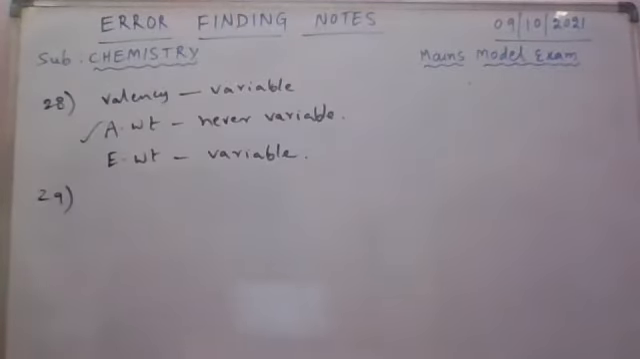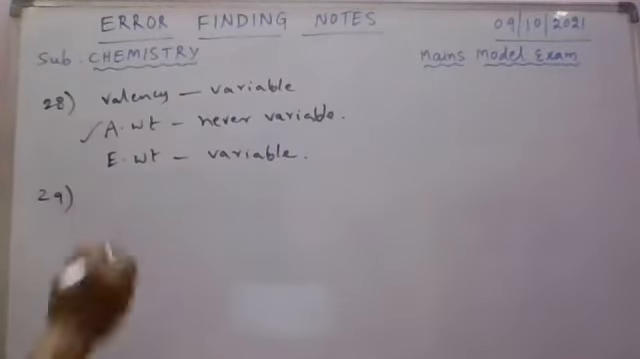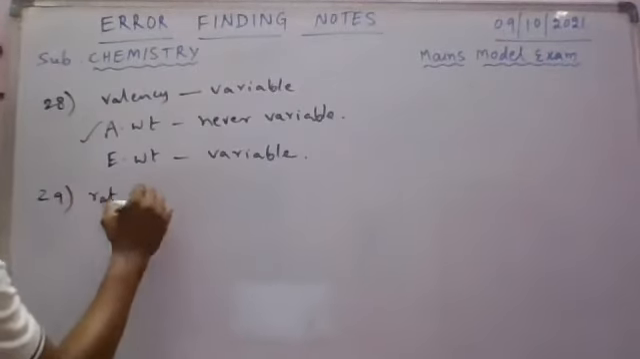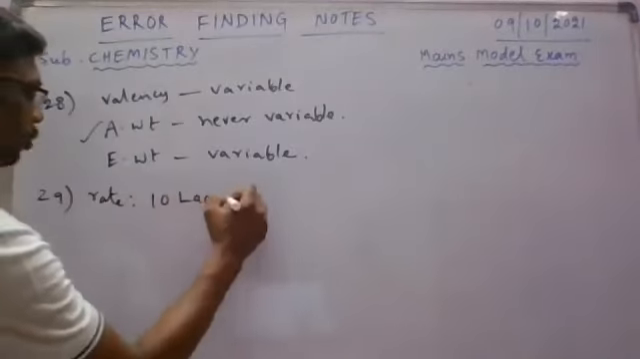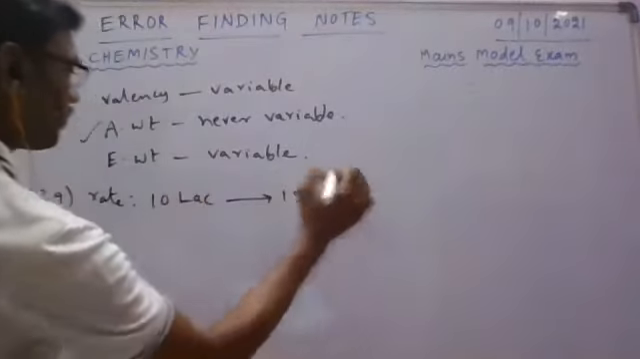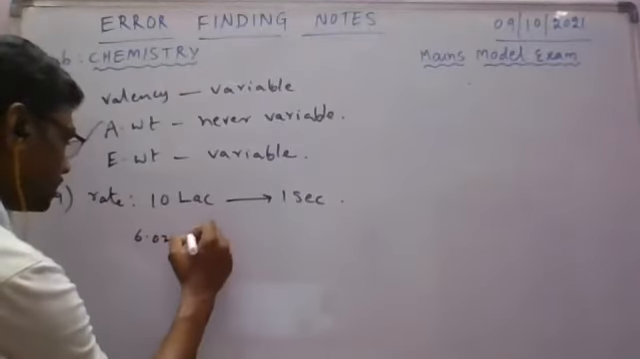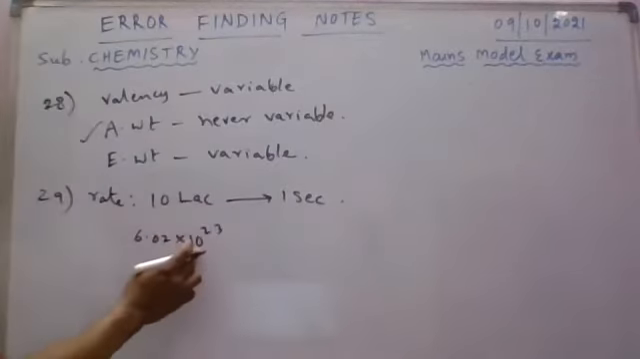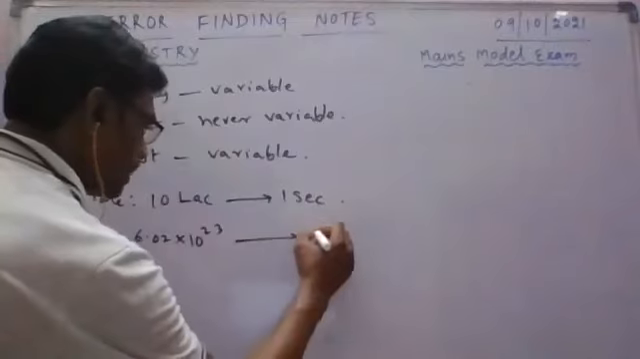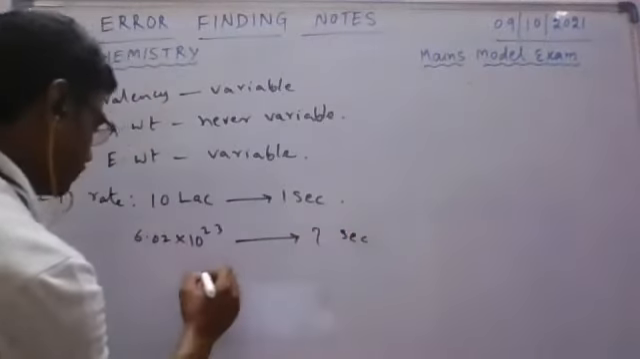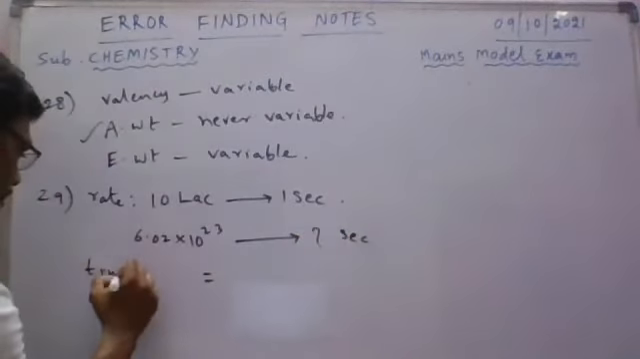Question number 29. How many years would it take to spend Avogadro number of rupees at the rate of 10 lakh rupees per second. Here rate is given as 10 lakh rupees per second. Here the question is what? Avogadro number of rupees, Avogadro number means 6.02 into 10 to the power 23 rupees, spent in how many seconds? Here that is time taken